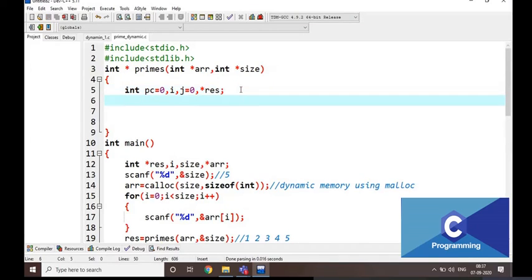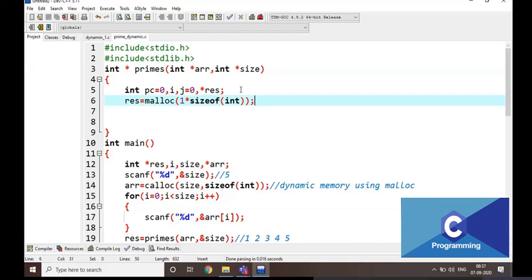How am I going to do it? I am going to allocate only one memory location initially. Res is equal to malloc of 1 into size of int. Just observe here.